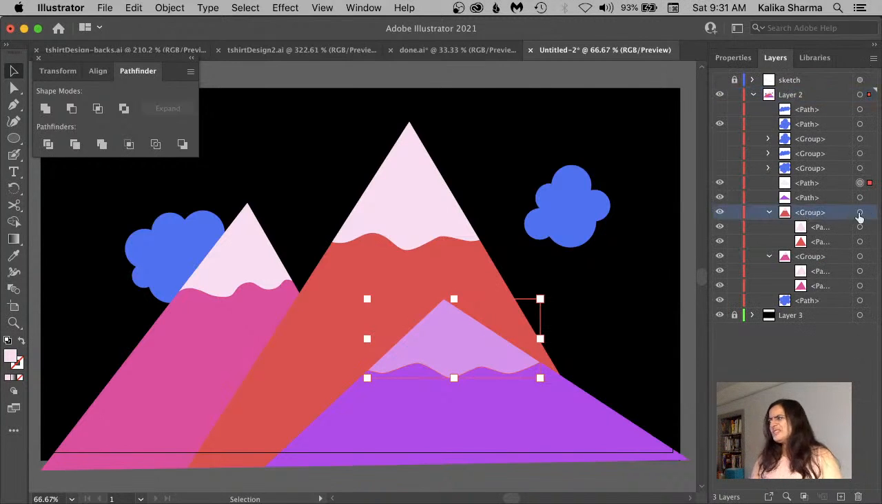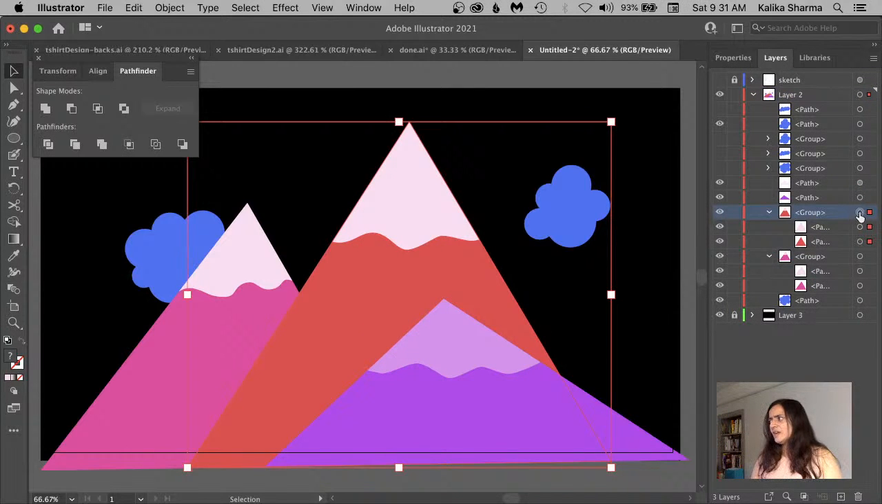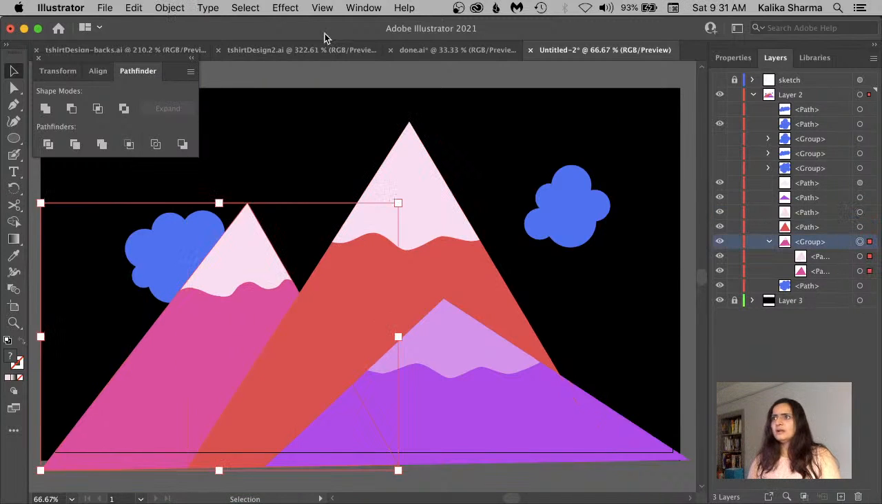And I just realized it probably shouldn't have grouped these guys, so I'm just going to click on the little belly button and do object ungroup, and then do the same thing here. Object ungroup. Okay,